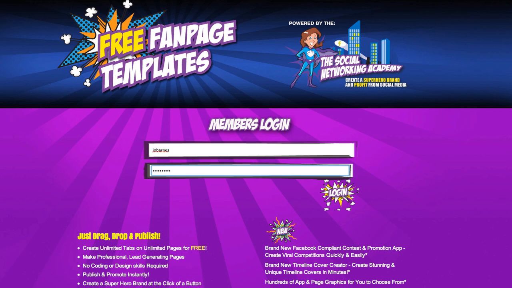Plus, if you're a free member, at the moment you can only create one page, one tab per Facebook page. In fact, one tab for one page. I think that's all you can do. As of Monday, when these relaunch to free members, you're actually going to be able to create unlimited pages, unlimited tabs on unlimited Facebook pages. Now, please note, if you're a free member, they will be branded with the Social Networking Academy brand, but you can, as I said, create unlimited pages, which is quite cool. At the moment, there is the branding on there, but you can only create one page, so that's quite cool. So you just simply go and log in, and then once you log in, here you are in